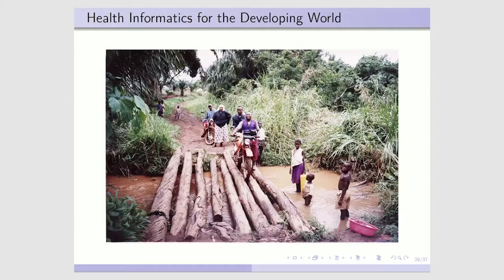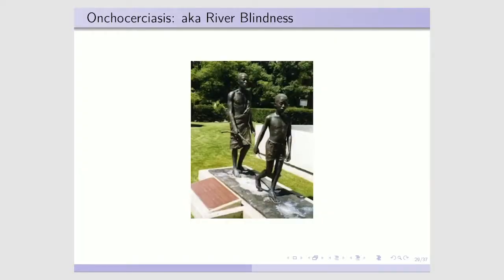But what I want to do next, and not just because I'm close to Keppel Street, is suggest that really high-tech informatics solutions to public health problems are as relevant to the developing world as they are to the developed world. This is an epidemiologist on a field trip gathering data, and he may not have a car, but he's got a mobile phone in his pocket. And he's interested in looking at where there are high prevalence patches of a debilitating disease, onchocerciasis, popularly known as river blindness,